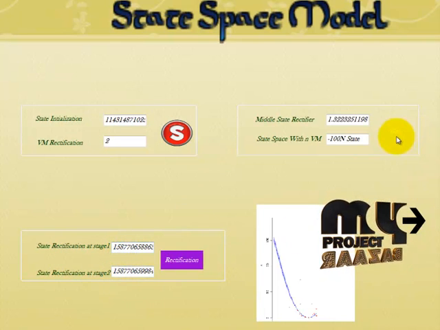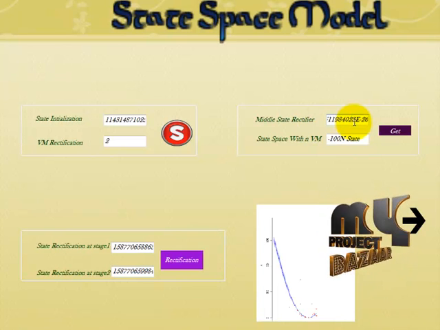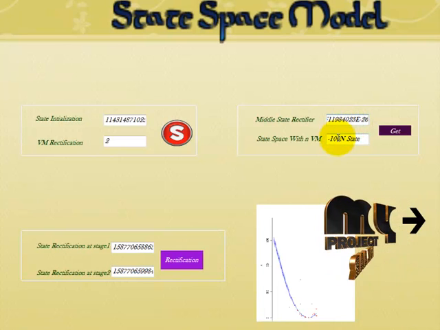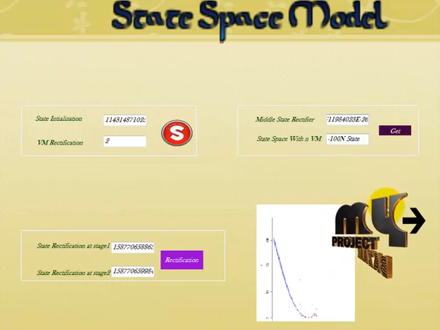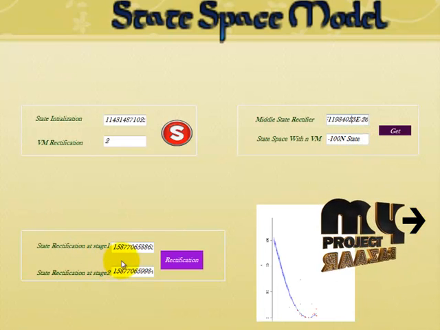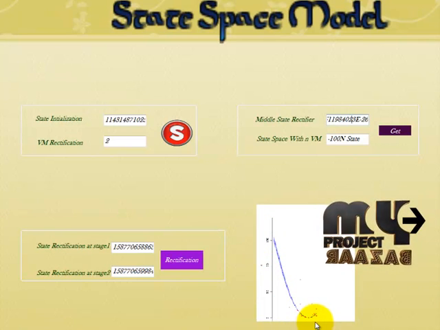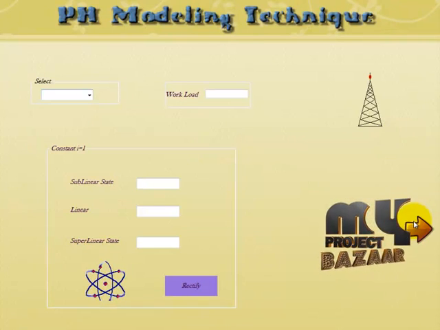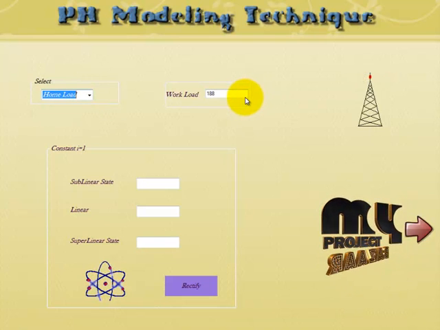And when I click on this get button, here I am finding the middle state, that is we have S+1, S-1 and S to the N power of state. And when I go into the N power of state, I will get this value with the power of -100 N state. And my state space will be in the format of this graph. That is, here I found the state at the first level and it is decreasing in my load balancing state. And when I click on this, the workload which I found is 188.